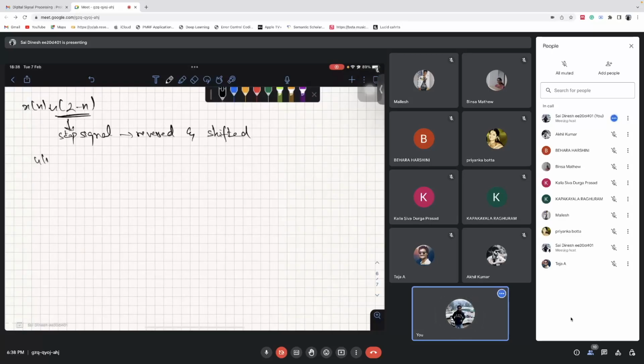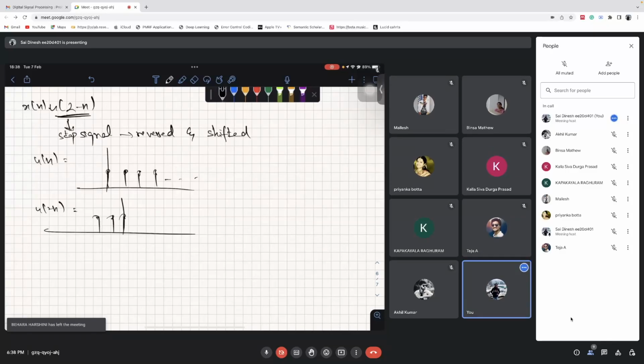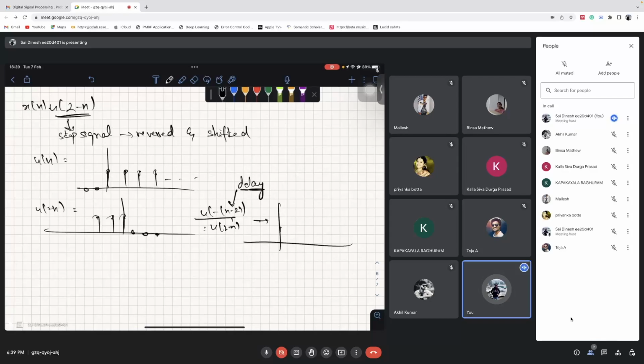It's u of n, and so on. So u of minus n would be, and then all these values are zeros. But again, u of minus of n minus 2 is equal to u of 2 minus n. So n minus 2 means delay. So how do you get this? Finally, a delay of 2 samples, meaning that